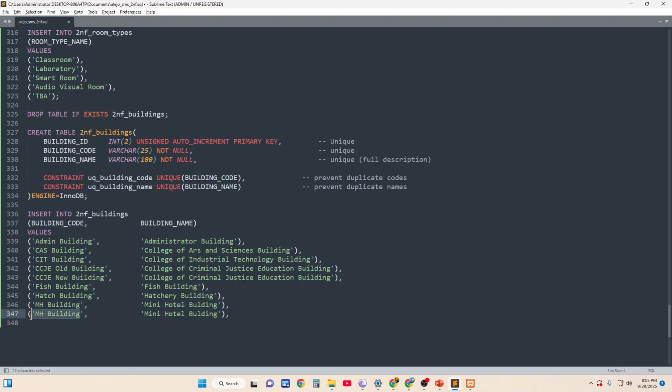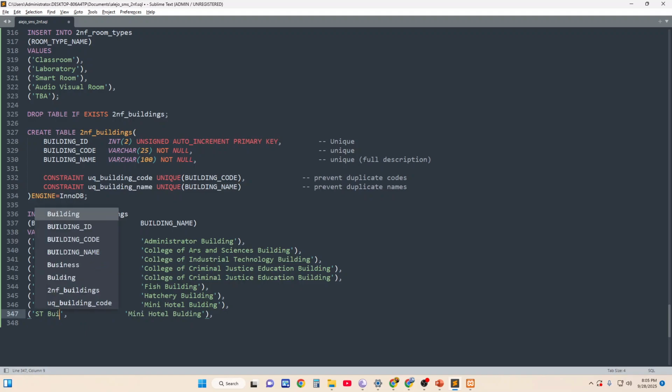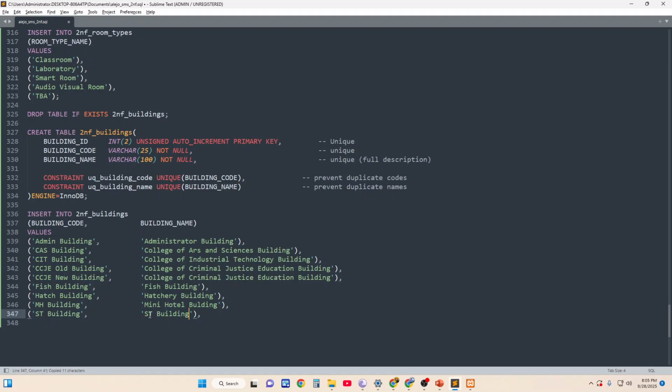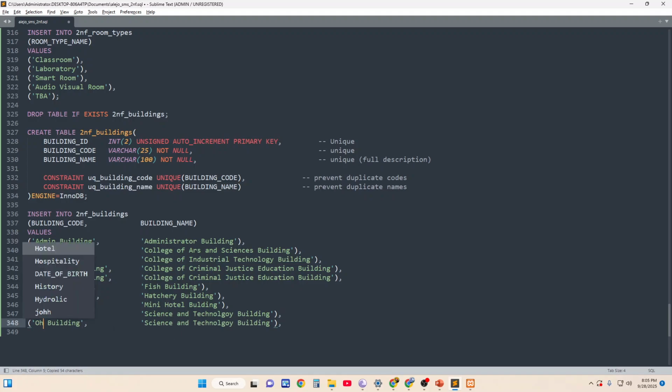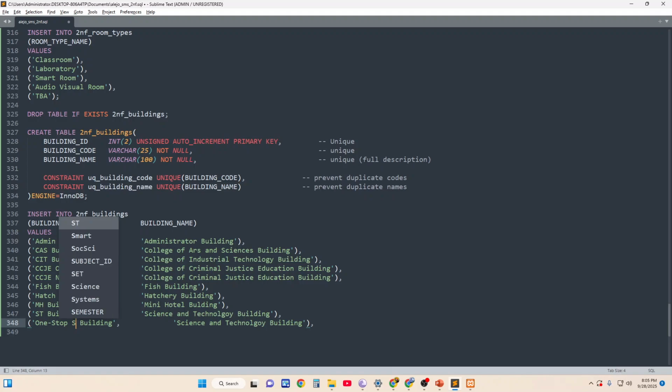Last for campus 2 we have the ST building. We call it the Science and Technology building, one-stop shop building, okay, one stop shop building, OSS. Okay, we have OSS